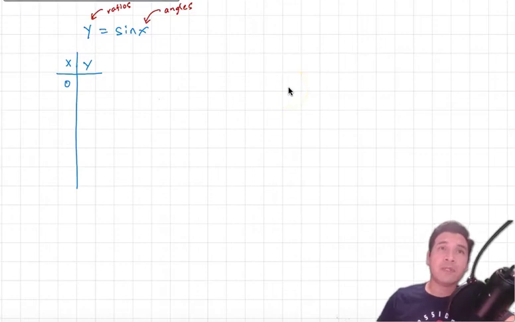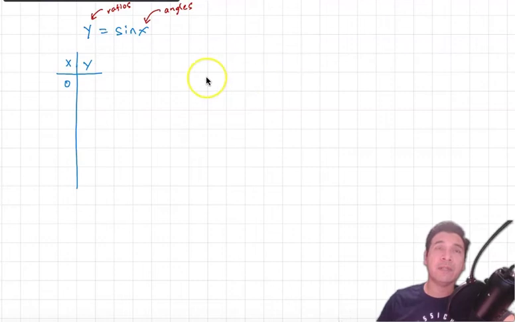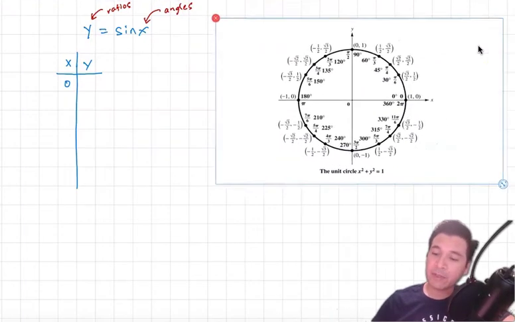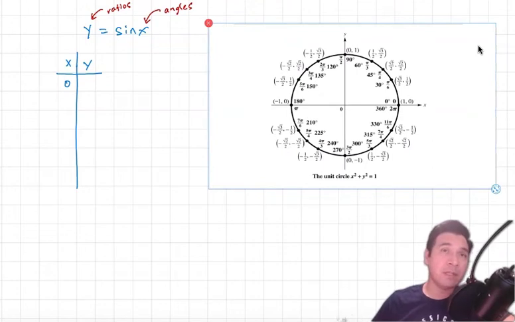So we're starting off with 0, and then we want to pick some other values to choose here. Now, to help us out, what we can do is the following. We can grab our trusty unit circle. Now, here's my unit circle, and I'm going to be using this just to compute the values of my trigonometric